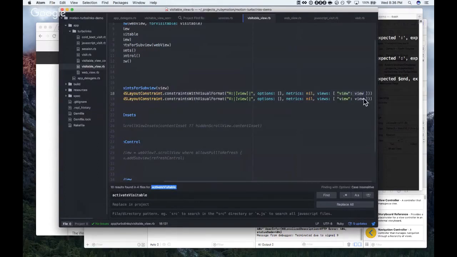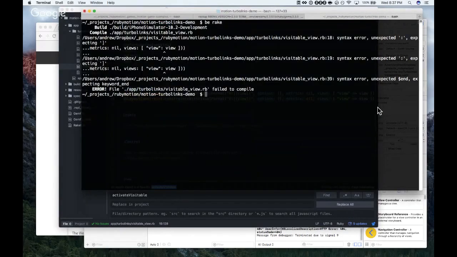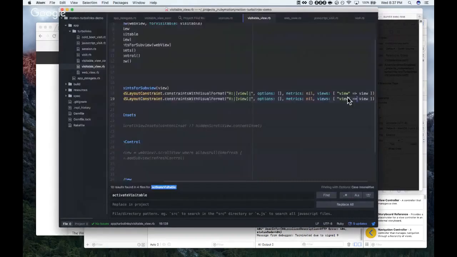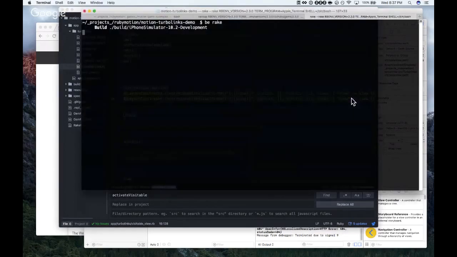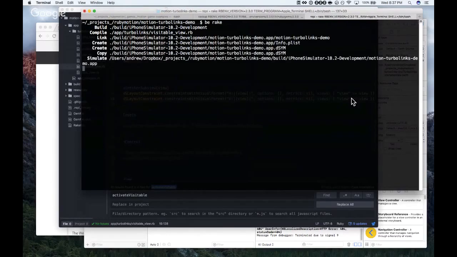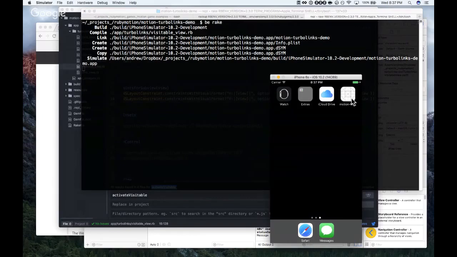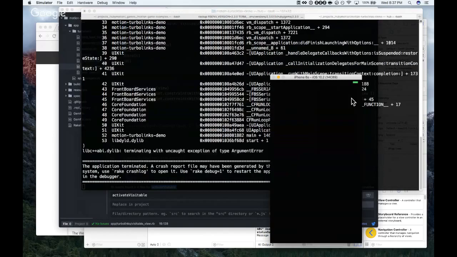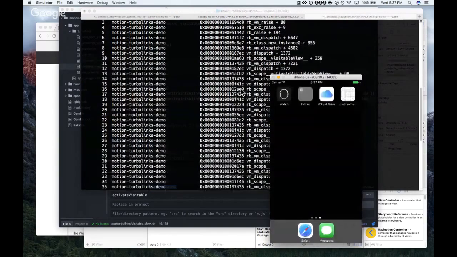So change it to the hash rocket. In Ruby 2.3, I think you can actually do a string with the colon after it. That'll be nice. All right, boom.